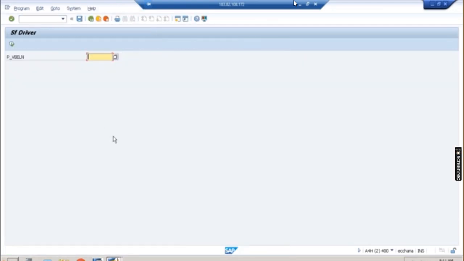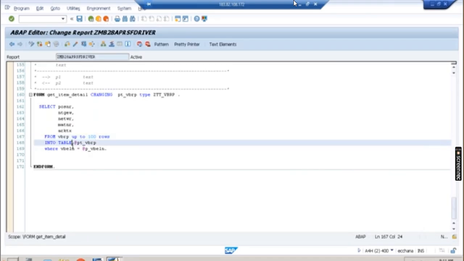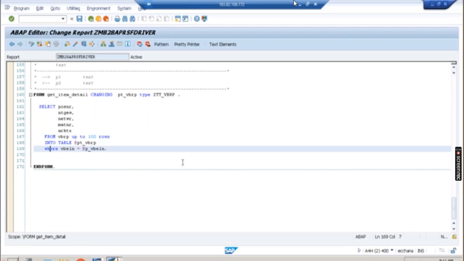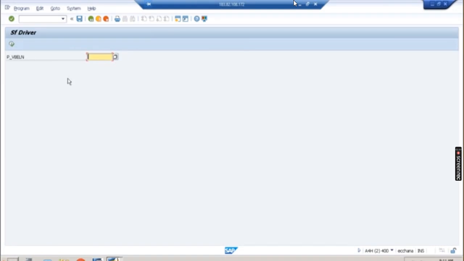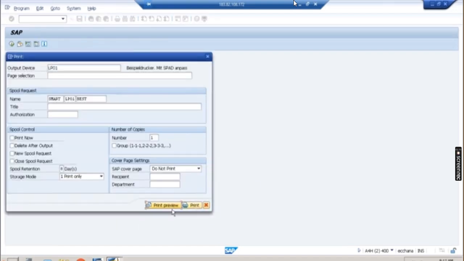Run this report, and this where condition, I will not give any where condition. Remove this where condition, because if I give the where condition, we will get less data. That's why. But I want to see it in different ways. Now this is also not required. Print preview,